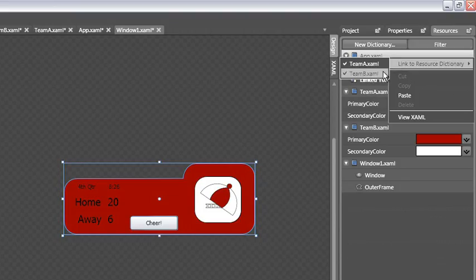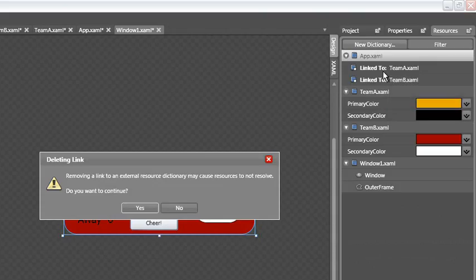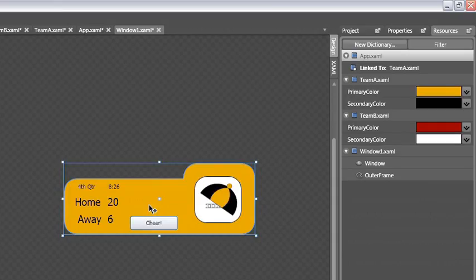If I unlink teamb.xaml, it's going to warn me that I'm removing a resource dictionary. If anything is referring to those resources, they're going to lose their connection. Do I want to continue? Well, in this case, that's perfectly acceptable, because as soon as I pull Team B out of the equation, all of the controls will now find their resources in Team A. Now when I remove Team A,